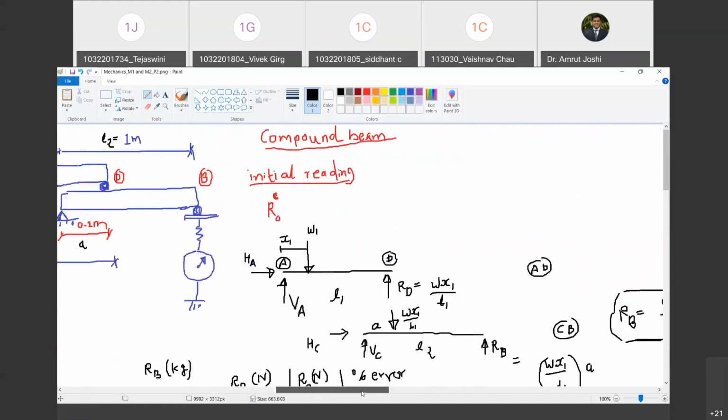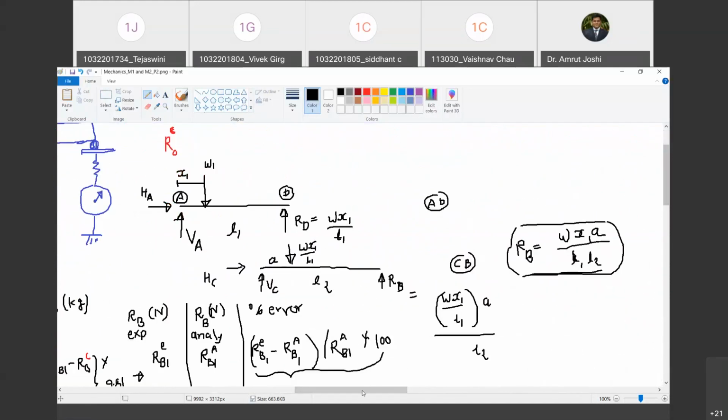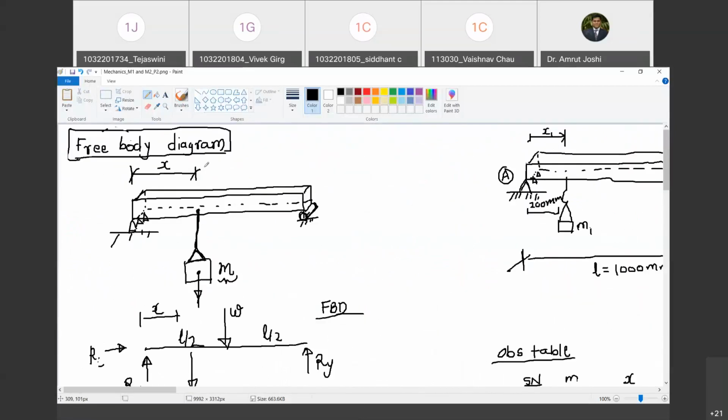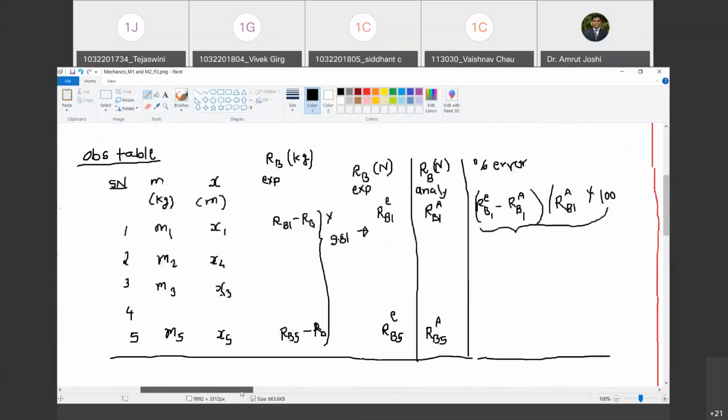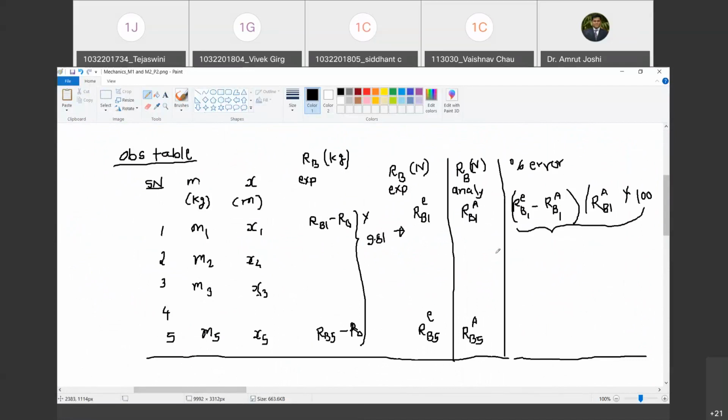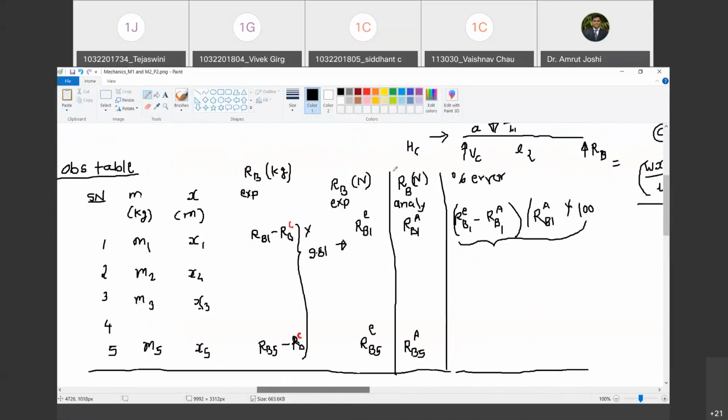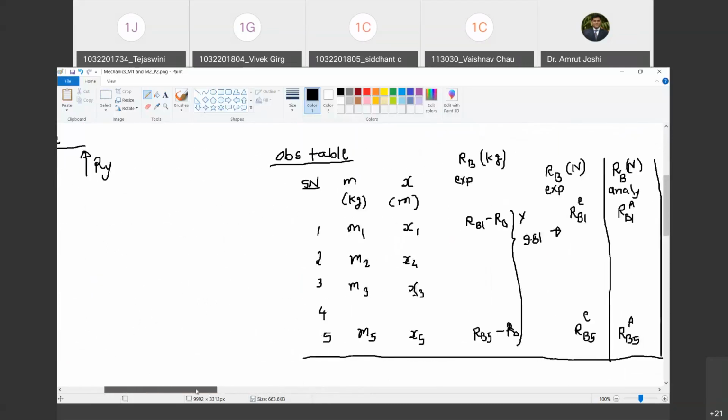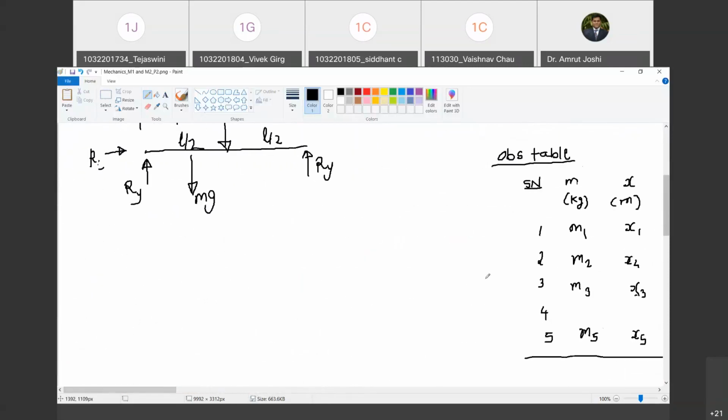Okay. So if that is done, then we are done with the discussion for the first experiment, that is reaction of beams. And in reaction of beams, I will be providing you an observation table for simple beam, I will be providing you an observation table for compound beam, and you will be doing the calculation of the analytical value of RB and percentage error. Are you with me? Yes, sir. And you will also be writing down the answers to the questions on the backside or at the end of the write-up of this experiment. Happy? Yes, sir. You can type the answers. It is not necessary that you write it.